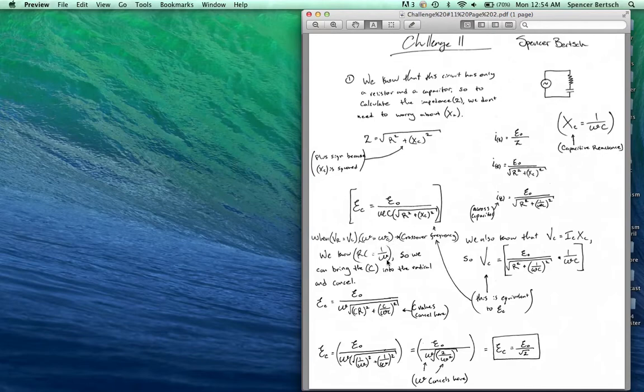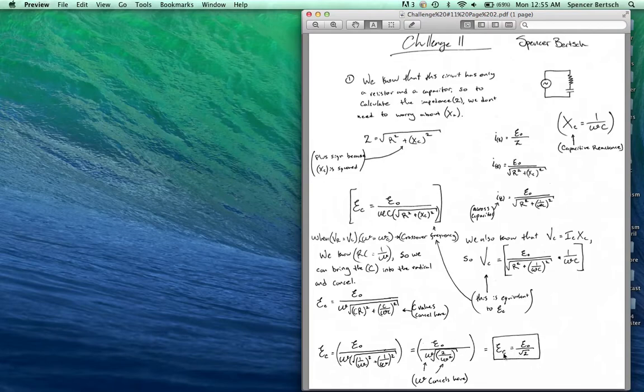VR does equal VC and omega does equal omega C, and the source is outputting the crossover frequency. That means you can basically just bring the C under the radical, and you have to square it. So you bring in C here and here, square it, and RC is just equal to 1 over omega. So you have 1 over omega plus 1 over omega squared, these cancel,